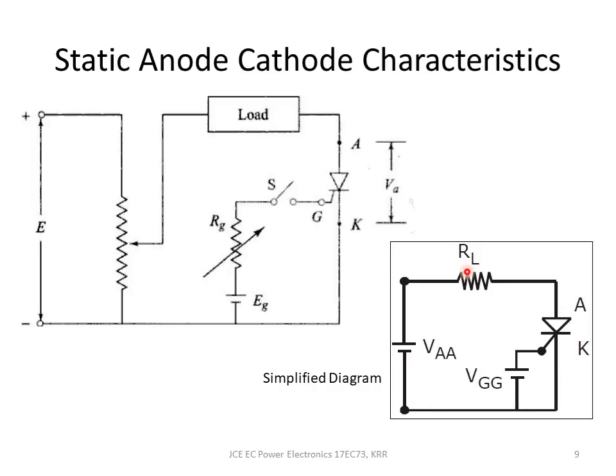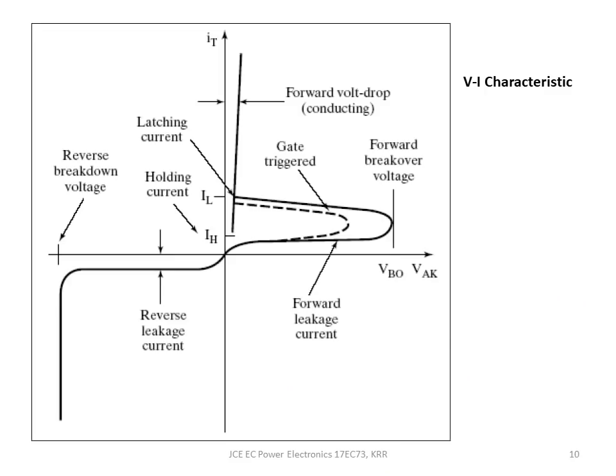This is a simplified form of what we have done. We are applying an anode cathode voltage between the anode and cathode, and this is the gate voltage that is applied between the gate and cathode. It's a simplified diagram, and we will go on varying this and this to get the VI characteristics. In the VI characteristics, we are going to see the four quadrant operation. This is the current axis, and this is the voltage axis.